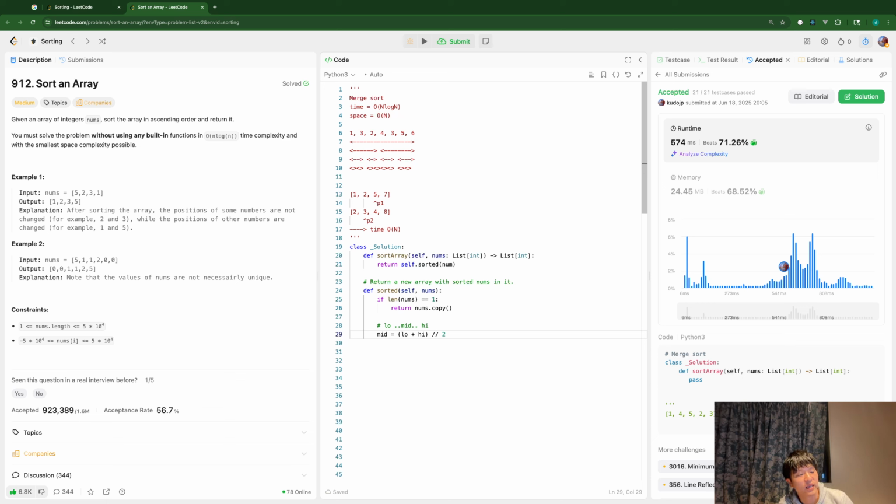But just in case low and high are such that high is low plus one, like 2 and 3, the middle position should be 2 with this calculation. So I will split into these two